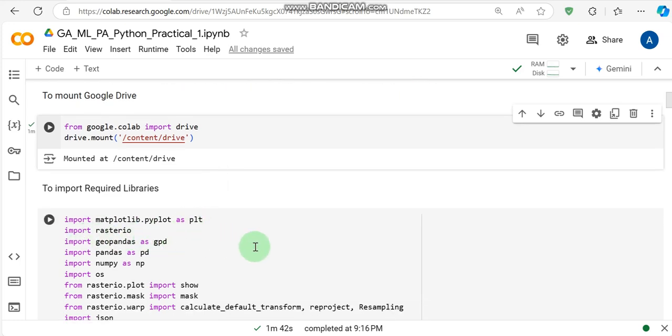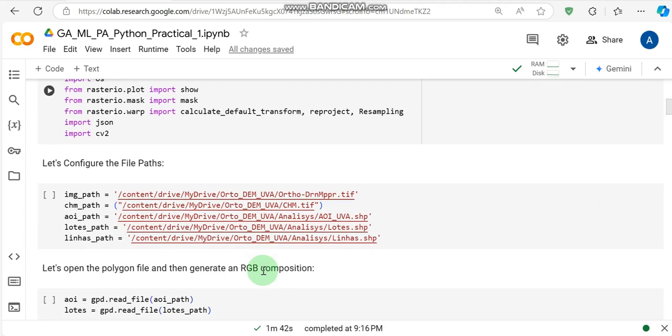These are the libraries which we installed before and now we are calling them, like Matplotlib to draw the results. Rasterio will help us to modify or analyze rasters as well. GeoPandas to handle shapefiles like that, and then show, mask, and resampling as we have discussed. So we are calling them, and this is the path we have to mount and our data is present in